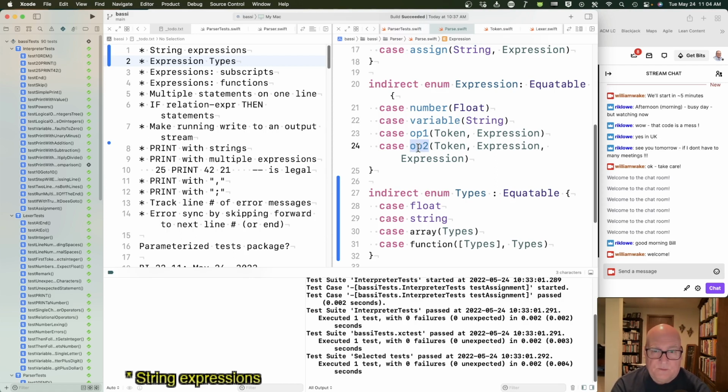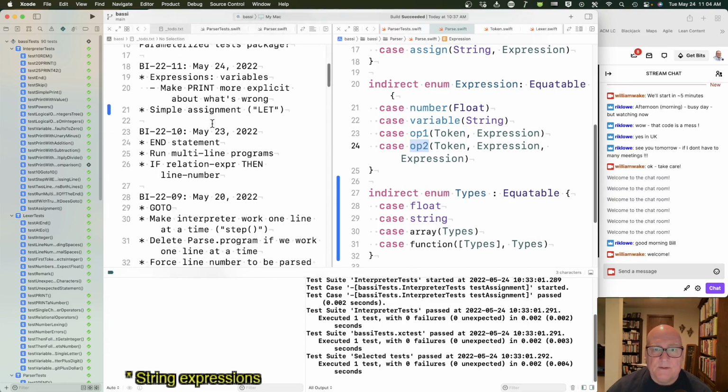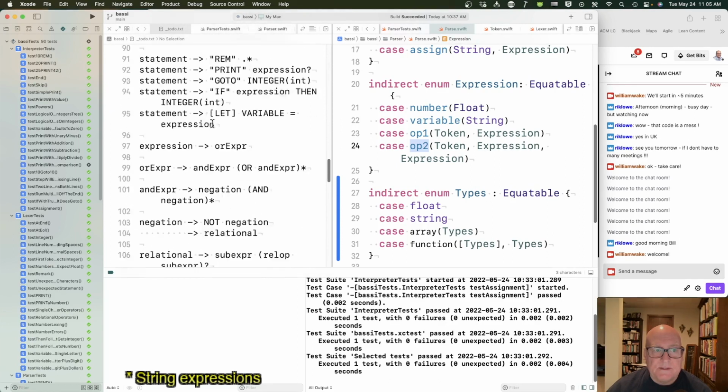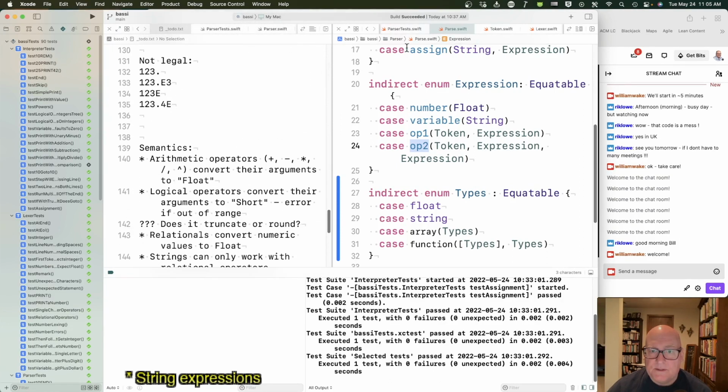If you reference a variable, we should know its type. Okay. Let's see. How are we going to do that? Okay. If a variable knows its type,